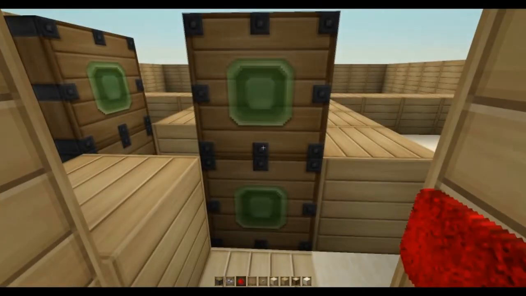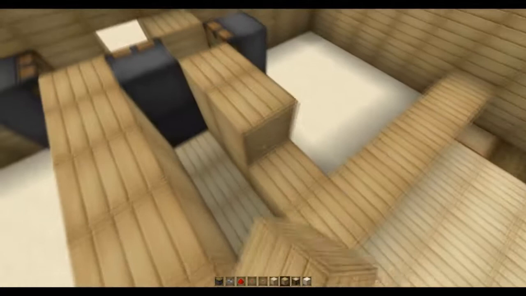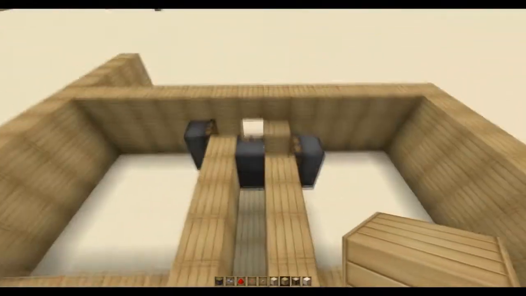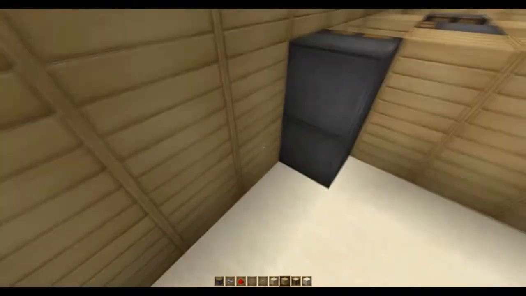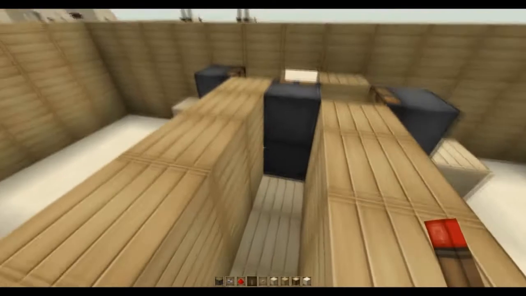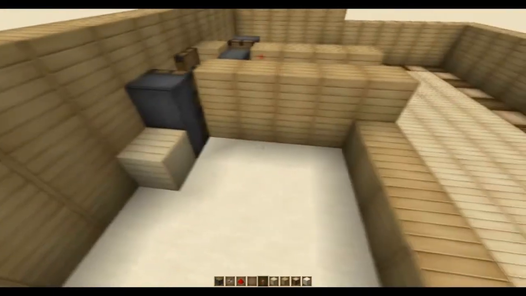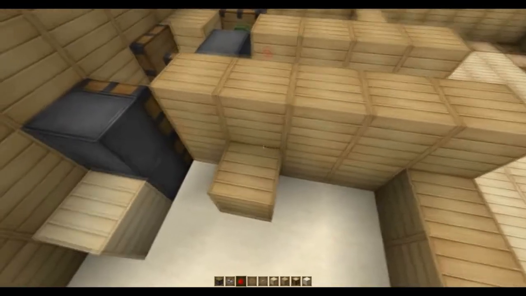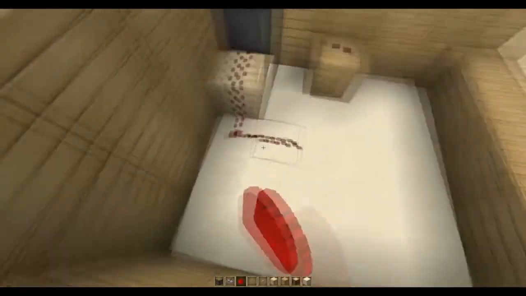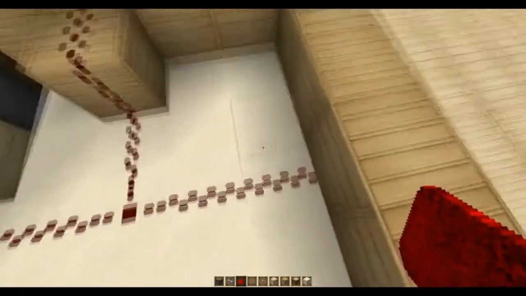So first of all, you can put a tunnel behind it, you can put whatever you want behind this wall, but I'm just personally putting a tunnel behind it into a secret room. So I'm just going to do this, and what you want to do is set out redstone for each piston, except all the pistons are different. So this one is going to have a redstone torch here because it's the easiest way to do it. Which means, let me put this set off here. Right, you want to connect them all like this,